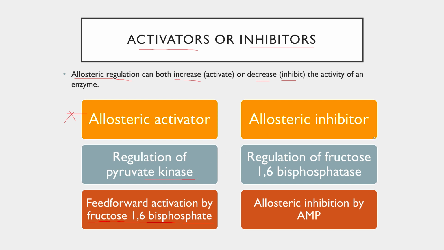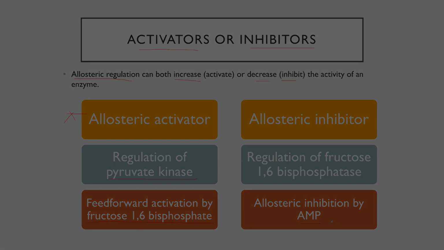An example of an allosteric inhibitor is here in the regulation of fructose 1,6-bisphosphatase, an enzyme we'll discuss in gluconeogenesis. It's regulated through allosteric inhibition by AMP. It's important to note that enzyme regulation by AMP or ATP is very common, as it links the synthesis or oxidation of compounds with the relative energy state in the cell. In this case, the low energy state, signified by AMP, will inhibit the synthetic reaction